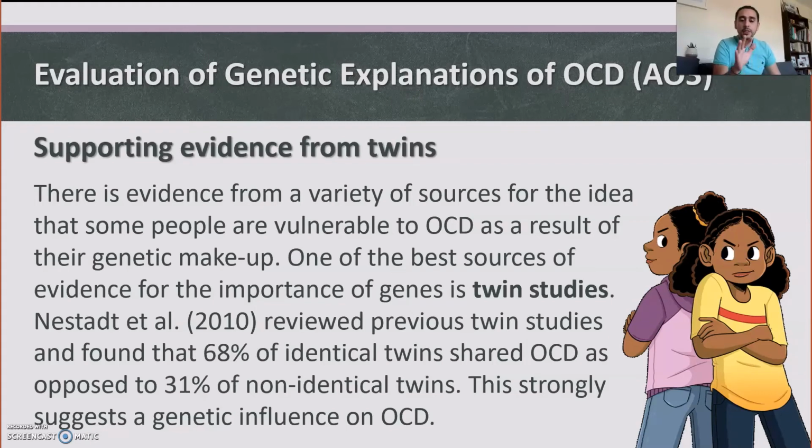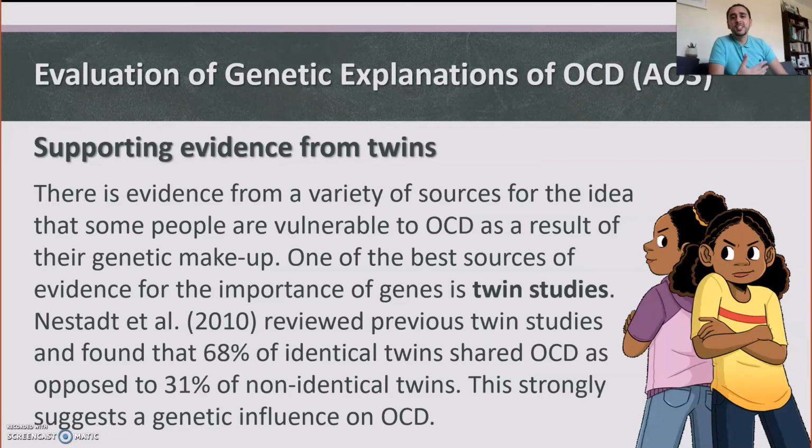Now, the monozygotic twins, the identical twins, had a 68% concordance. When one twin got OCD, there was a 68% chance that the other twin would have OCD as well. That's very high. What that tells us is that there is definitely a genetic component in OCD. However, it shows us that it can't only be genetic. If it was only genetic, it should be 100% concordance because they share their genes 100%. But it's 68%, so it's not purely genetic. There must be other processes going on.